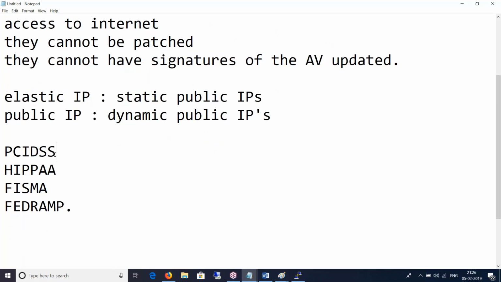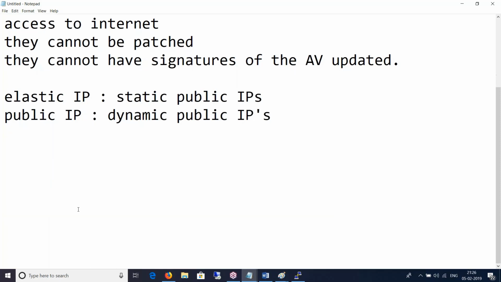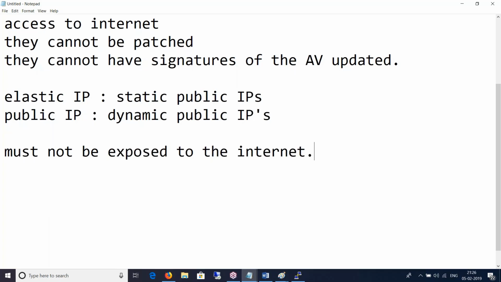PCI DSS for payment card industry standards, HIPAA for Health Insurance Portability and Accountability Act, FISMA for Federal Information Security Management Act, FedRAMP for Federal Risk Assessment Management Program. If we ever have to comply with them, they say that your PII, which is personally identifiable information, must not be exposed to the internet.